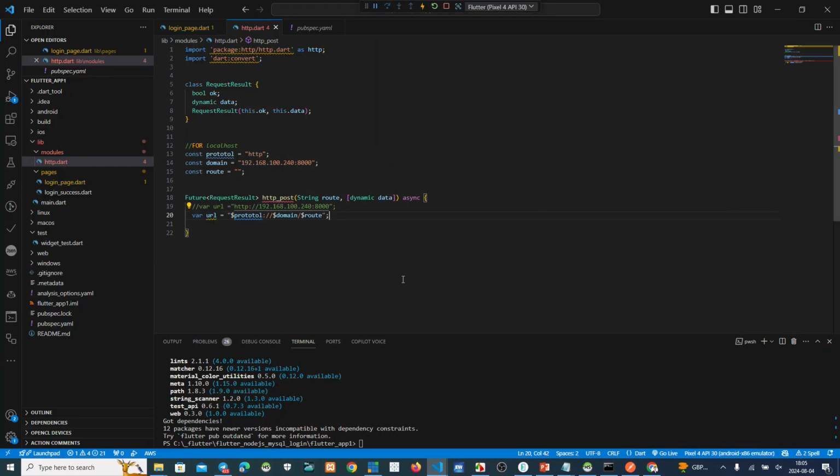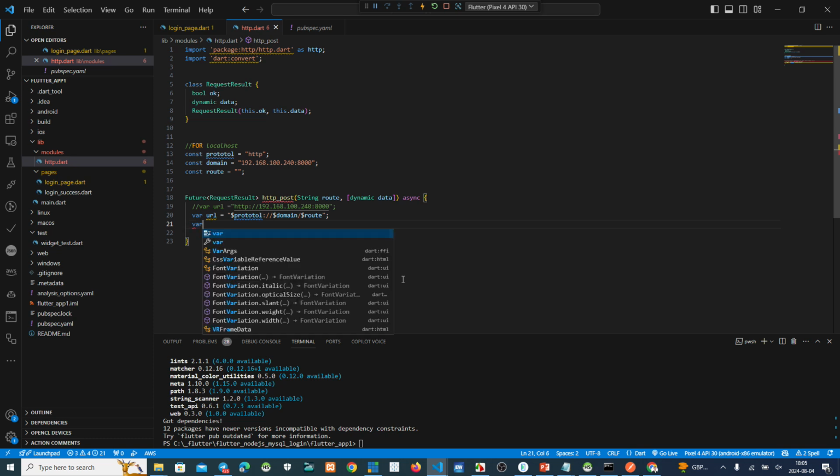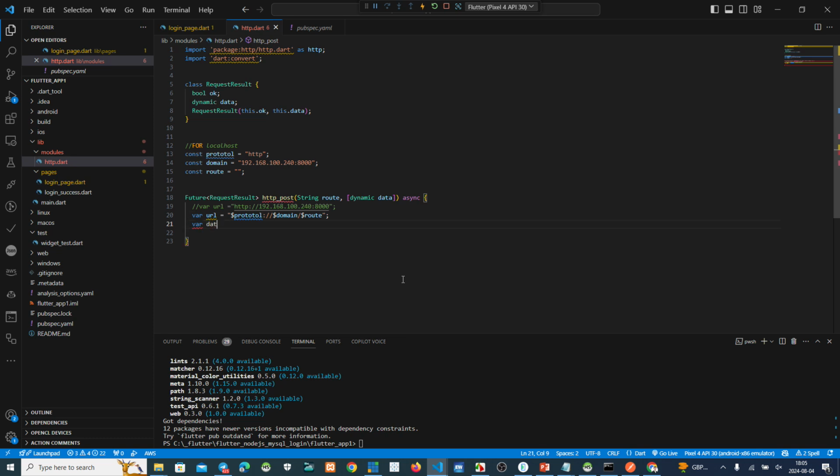Okay, after that, we make a declaration for data string, data str. This is JSON encode data.